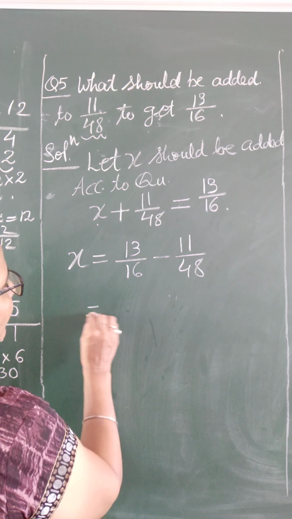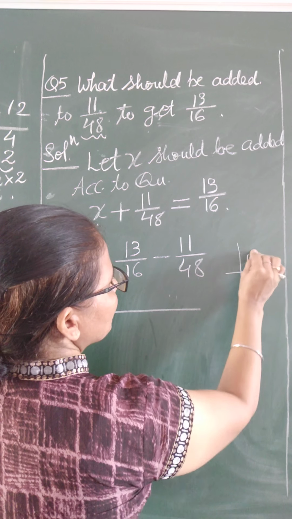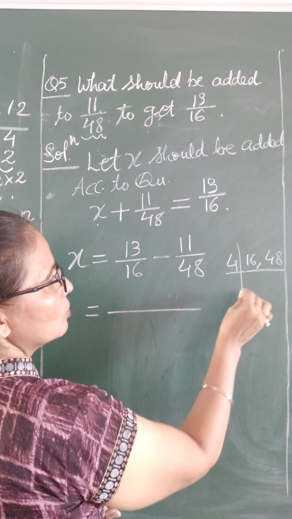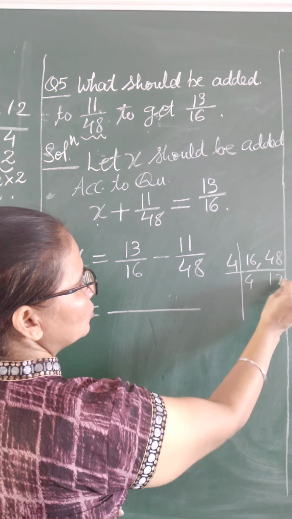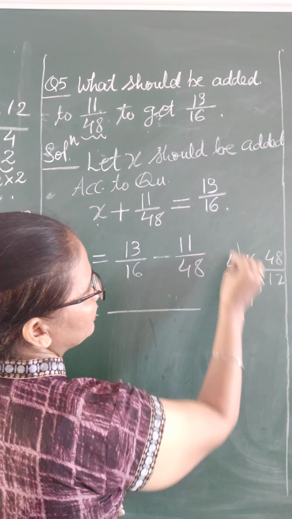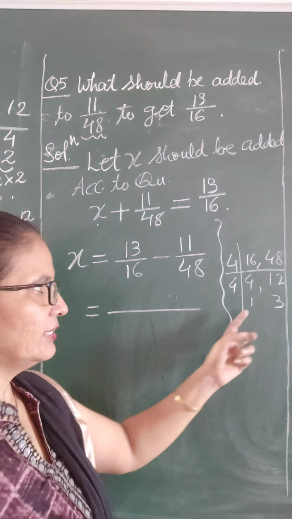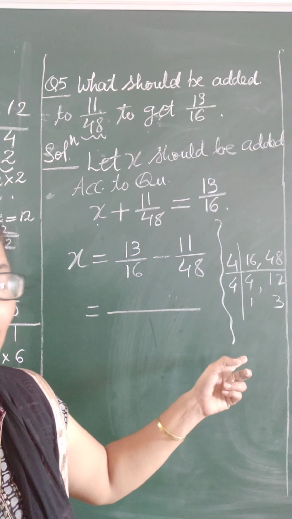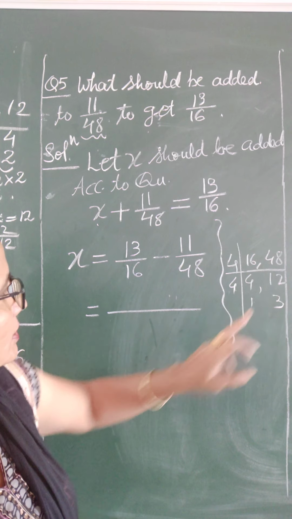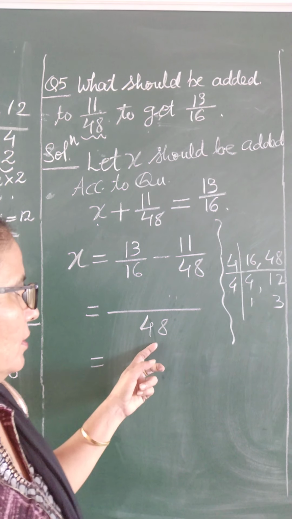Here also first you will find LCM of 16 and 48. Now see here, you can see this is 16 and this is 48. I know that both the numbers are divisible by 4. So 4 4s are 16, 4 12s are 48. Again you can see both are divisible by 4. Let's divide: 4 1s and 4 3s. Can we divide this again by any number? No. So what will be LCM? Product of common and uncommon. So what is the product? 4 4s are 16, 16 3s are 48. 48 is your LCM.